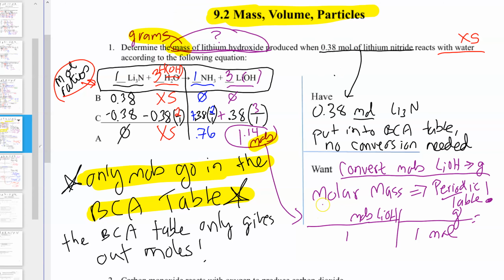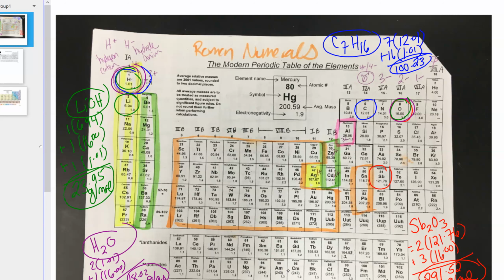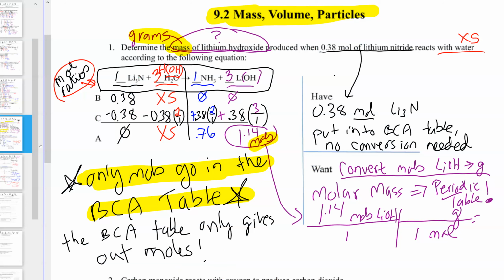So 1.14 moles of lithium hydroxide. Now we need to get from moles to grams. Well, that should ring a bell in your head. Molar mass, periodic table. We've got to go to the periodic table, so get out your periodic table if you haven't, and we need to find lithium hydroxide. 1 lithium, 1 oxygen, 1 hydrogen, 23.95 grams per mole. So we can plug that into our problem,